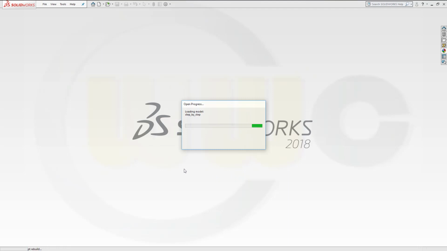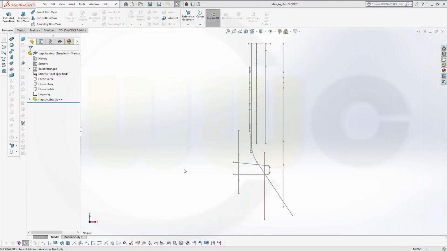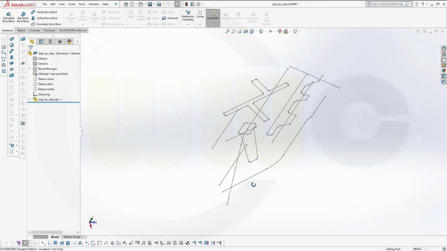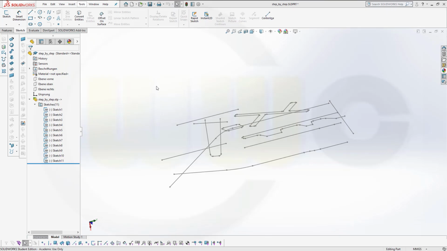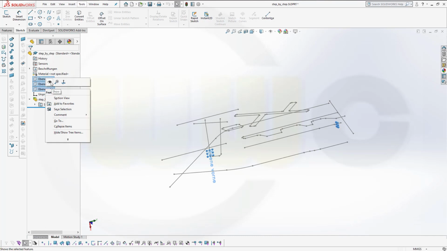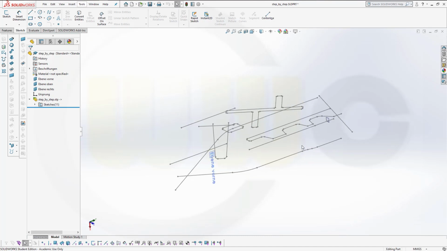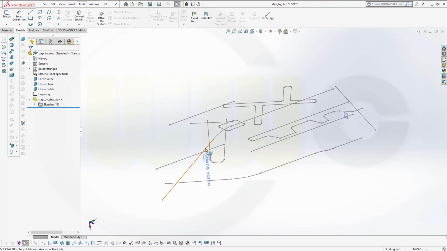This will take a while. And here we go. Now, in order to use those curves, you have to convert them to sketches. Not 3D sketches, but 2D sketches. So let's see. I want to show those planes. And there's a plane, there's a plane. So this curve would be on that plane. That's the front plane. So go for a sketch on that front plane